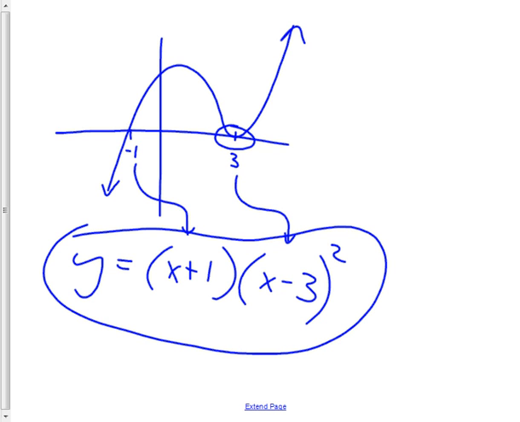Now, yes, you can make it more complicated by having a stretch factor out in front, like this whole thing stretched by a 5 or whatever. You could put that in there. And the only other thing you should watch out for, and kids always forget this, is that on a graph like this, if it's going up at the end, what does that tell us again? Positive in the front of it. Okay, so this number would have to be positive. But what they'll do is they'll have a graph just like this that ends going down, and they forget to put the negative in. Now, this does not need a negative up here. But if the graph had been going down at the end, you'd have to watch out and throw a negative at the front of it. Okay, so